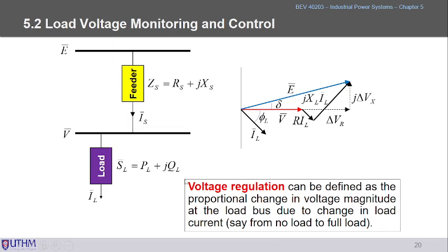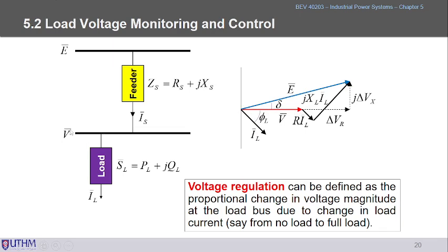So this is the load current. Okay, say from no load to full load, for example. Of course the load power, the apparent power, is equal to PL plus jQL. The voltage also depends much on the impedance of the feeder here. So this is the phasor diagram. What is illustrated is the load current flow, which is lagging here. So you can see the power factor angle, theta L here,